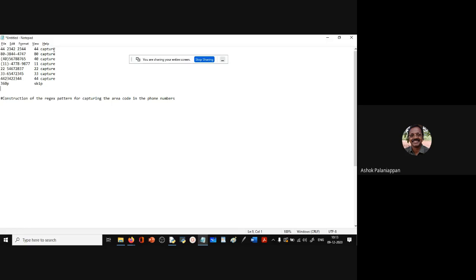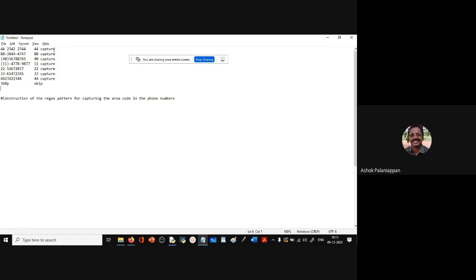Okay, so this is the general idea of all the possibilities we have for this pattern, and taking this into account, we want the pattern to match everything that should be captured, and it should skip everything that should not be matched. So capture those we want to match and skip those we don't want to match. Both things have to be satisfied.